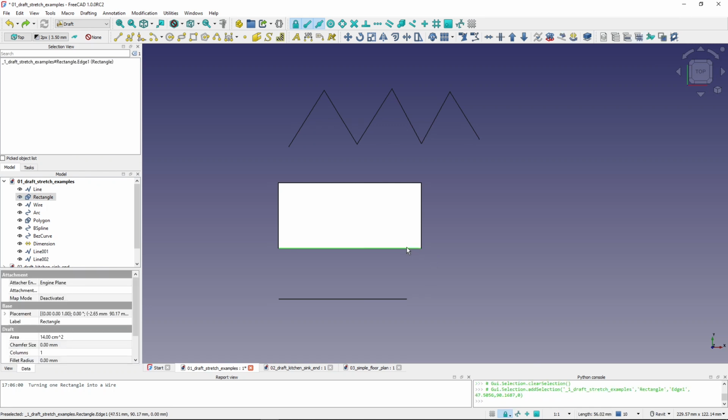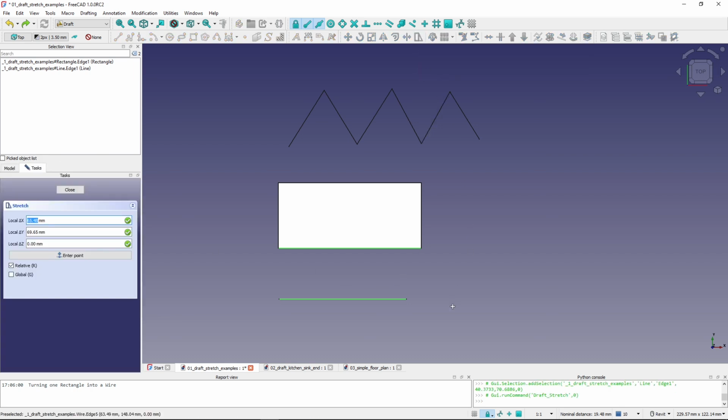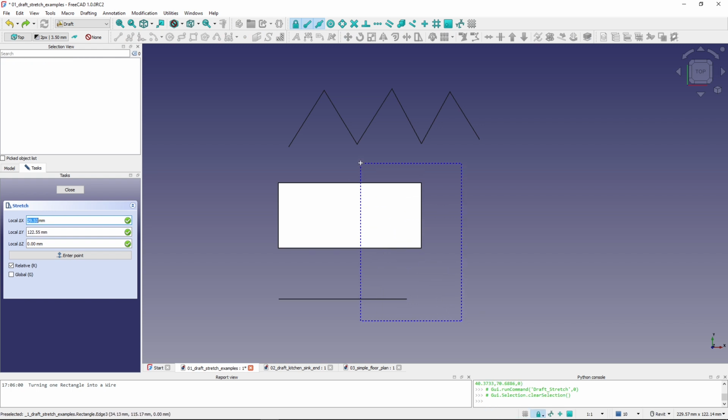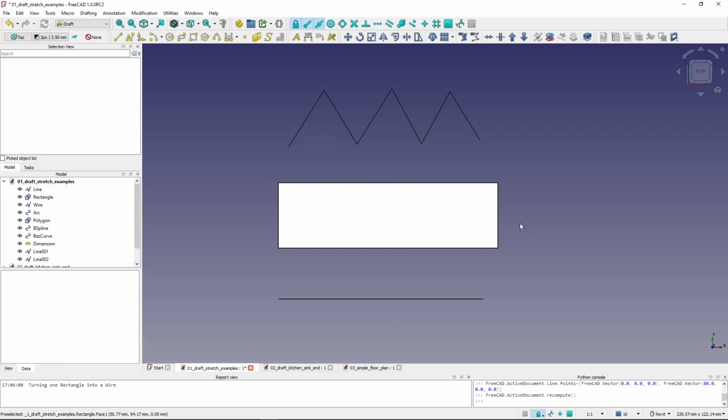So I will select the rectangle, and with Control I will select the line, so you can see that I've got both of them selected. Now I will use the stretch tool, and I want to stretch both the ends, the end of this line and the end of this rectangle. So I will select them. Now select this point, hold Shift, and let's say I want to make them 30 millimeters longer. So I lock my stretching to the x-axis and type in 30, hit enter, and both objects are stretched at